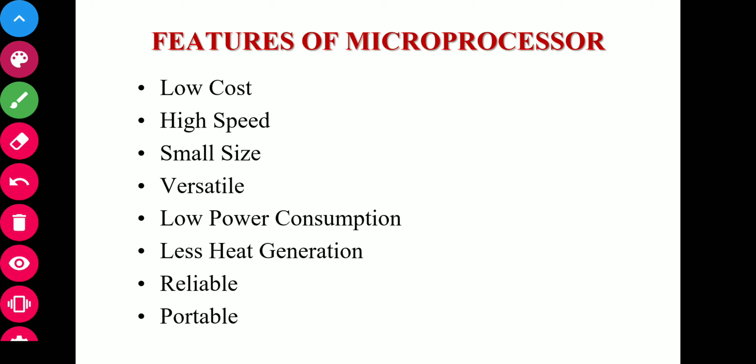Then next, the features or advantages of a microprocessor. It is low cost, because the size is very small, so the component cost is very low. It performs high speed operations, has small size, and is versatile in the sense that it can be used for many kinds of applications.